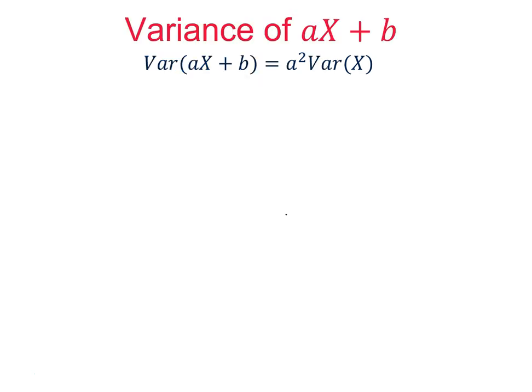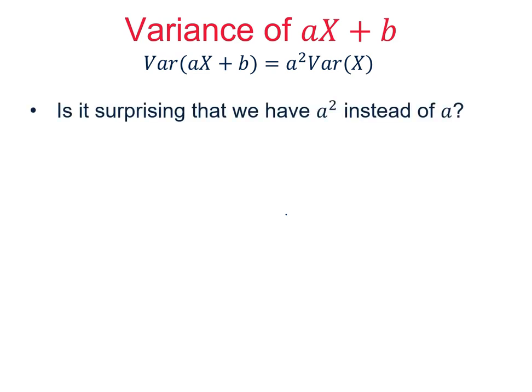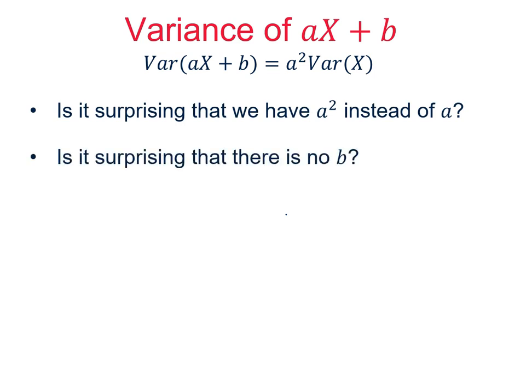And so the variance of ax plus b is simply a squared multiplied by the variance of x. There are two questions that often arise here. Why is it an a squared, not an a, multiplying the variance? And why does the b not have any effect on the variance? And I think a very quick way of seeing how that works is if you just put,